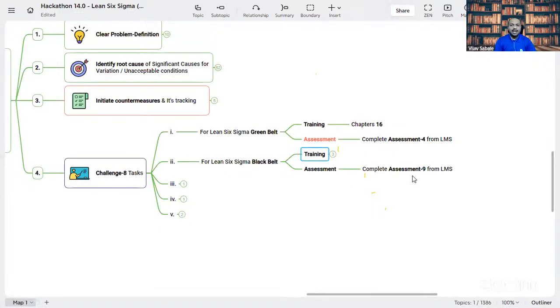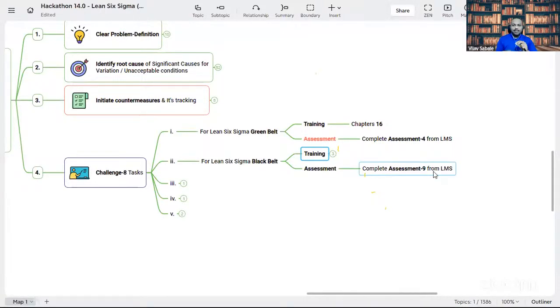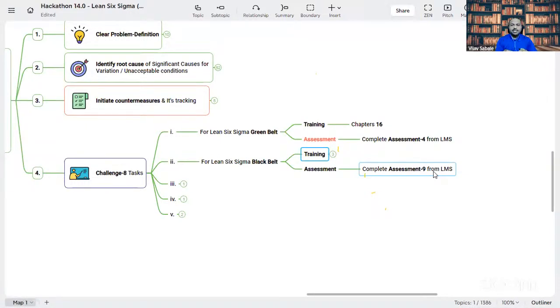For the assessment, there is a new assessment that is getting added to the black belt, which is assessment 9, and that is totally focused on the hypothesis testing as well as the root cause analysis, right? So as a black belt, what are your capabilities and how we are going to solve or handle the situations? To check that, we have created multiple choice questions and I have created multiple situations, right? So you need to put yourself into that situation and answer what is your response to that particular situation, right? Once it is done, submit it to me. So I will review it and give you the feedback.